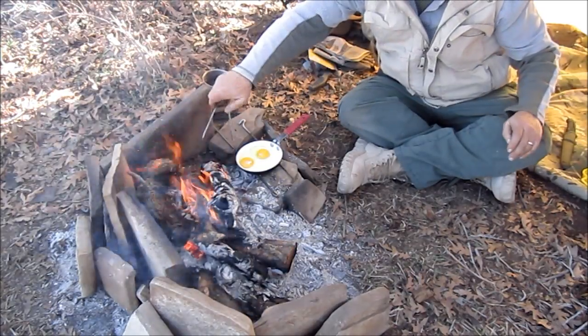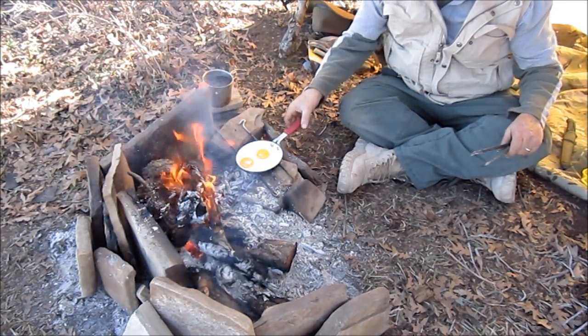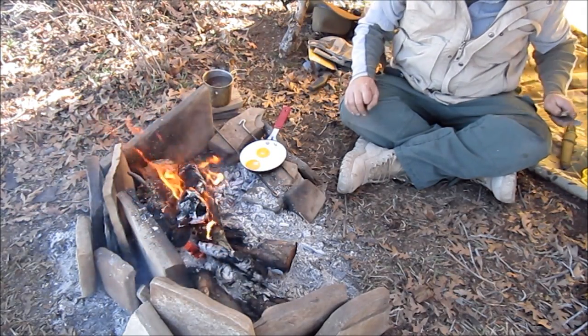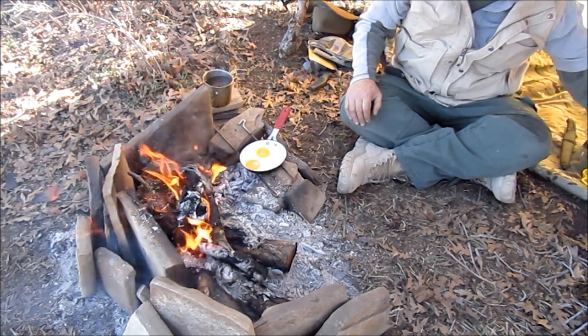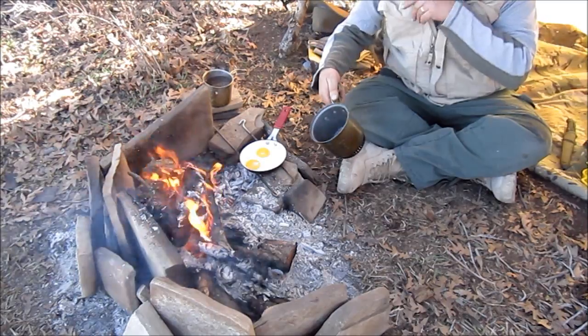Well, it's a little better, I guess. I think I'll move some of that back just a little bit. It's already pretty hot under there, so... Then the next thing I'm going to do is take my...